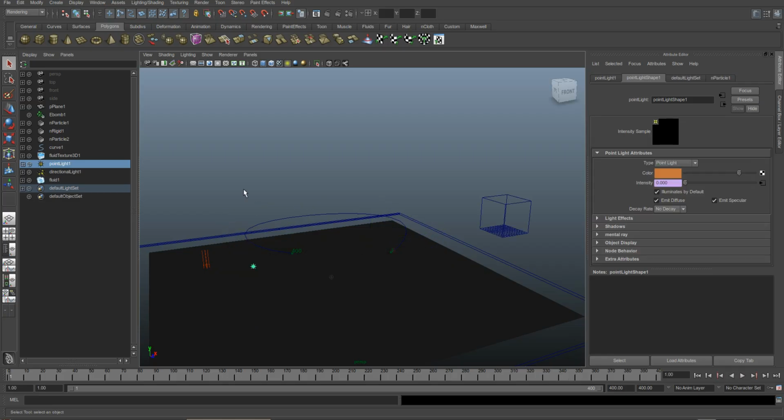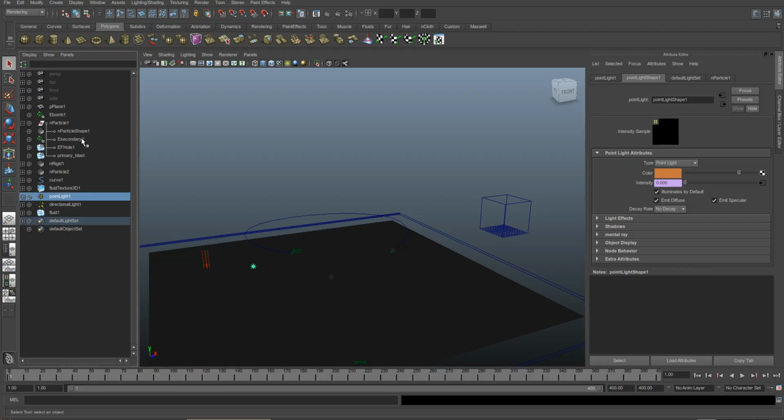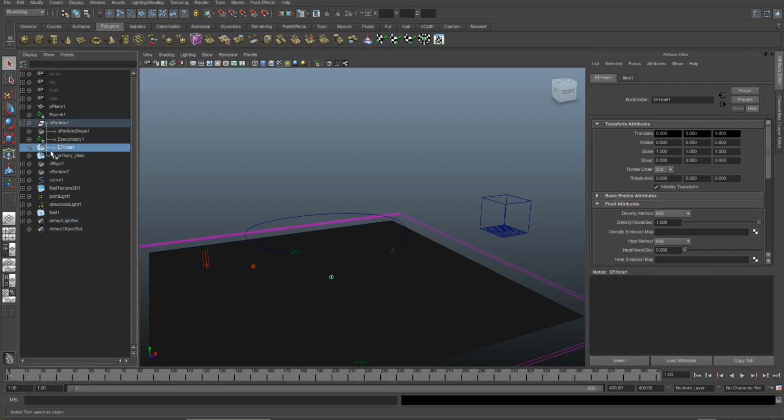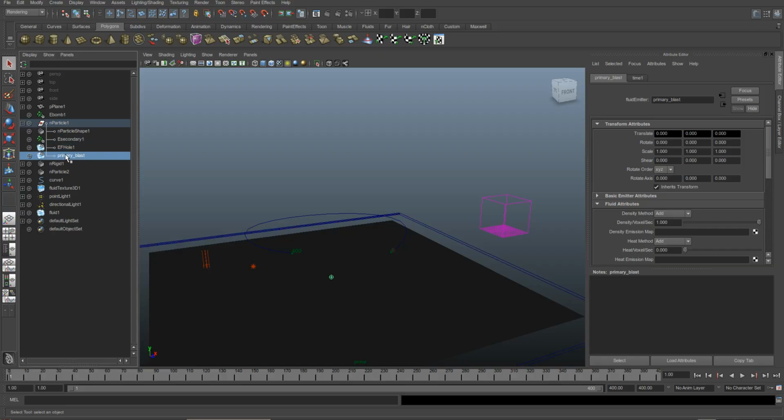Now, just the same way we used per point attributes for our other emitters, so we used them on our secondary emitter and our EF hole emitter, we're going to need to do this as well for the primary blast. We need to do this again so we can set in the script the rate for this emitter. So up to the nDynamics menu, nParticles, per point emission rates,